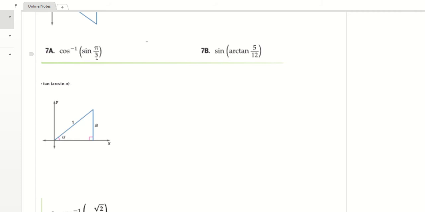Of a triangle that has 30 degrees, we're gonna get a number, sine of a ratio, and then we're going to take cos inverse of that, right? So it's going to be cos inverse of